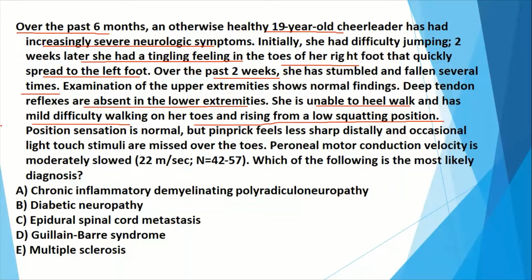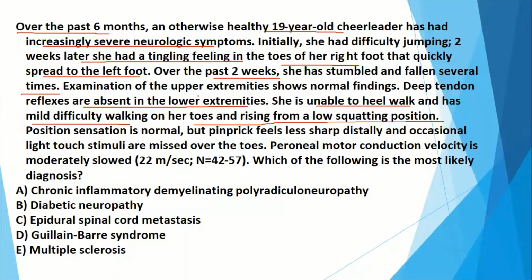So you have to focus on the wording, on the phrases given in the clinical vignette, and then you have to deduce the information. They are not just going to say it straightforwardly that the patient is having proximal myopathy, or a nerve lesion. So you have to think about it, you have to deduce the information. So for example, in this case, you can see that